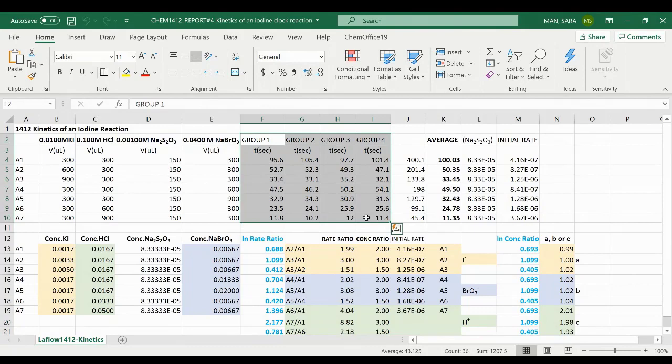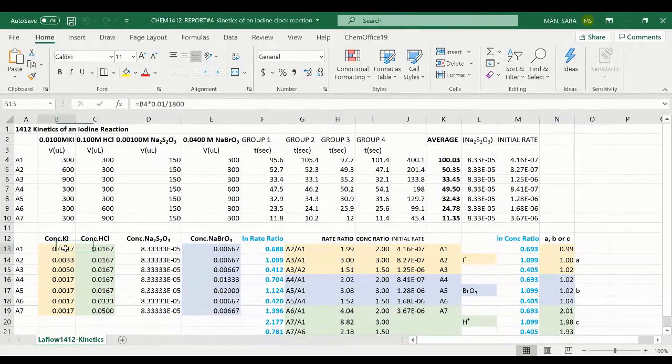It will be up to you. It's a lot of numbers. But for me, it was helpful because I calculated the initial concentrations, I had it all there. And then how I calculated just with a formula. So this is all the initial concentrations. And this is all the range,